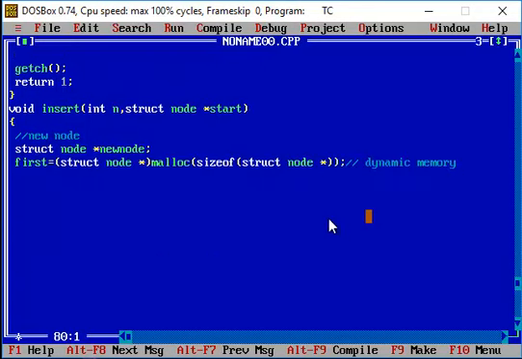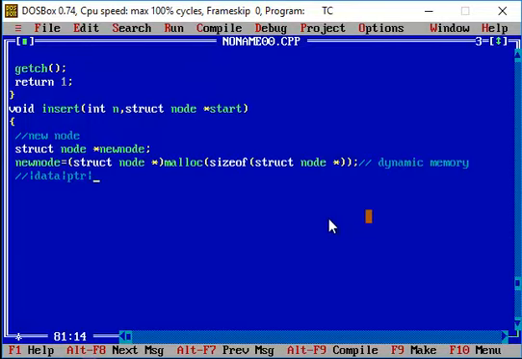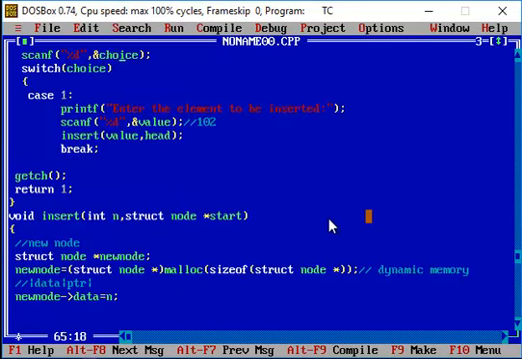So instead of first, I'm just going to have a new node. A memory space will be created with the data field and then the pointer field. Whenever the new node is being created, the data field will have the value that is being passed through the function call. Through the function call, we are going to make use of the formal parameter, that is n. Your actual argument is value.